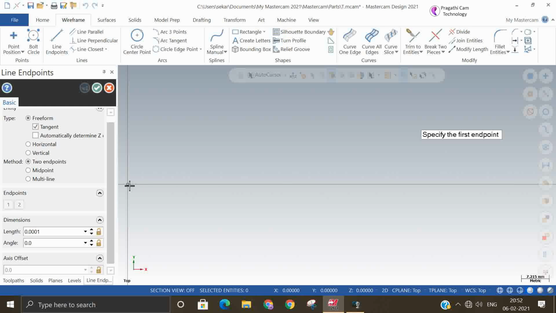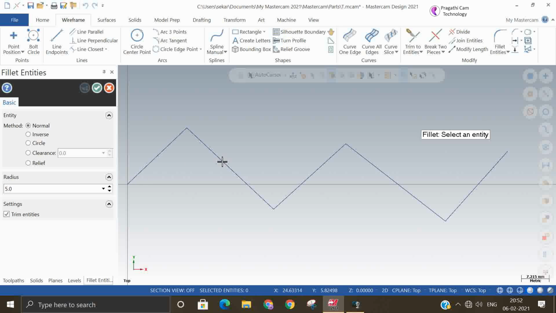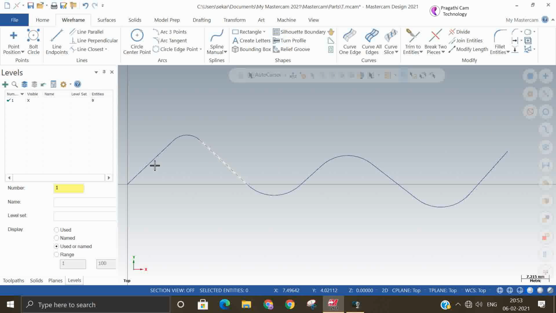Now, I am making the line and arc, and I am going to convert this line and arc into the spline. Okay, so in between I will add a fillet. So I will make fillet 10. If you want, you can change anything. The idea is to just convert the line and arc into spline. Okay, this is line, arc, line, arc. Like this, I have made this curve.